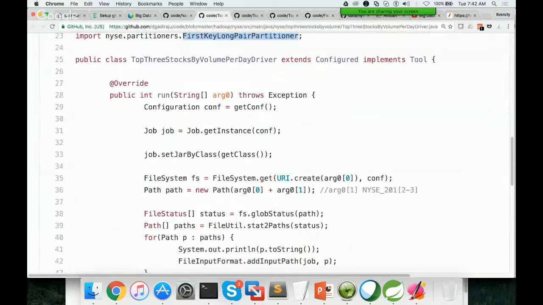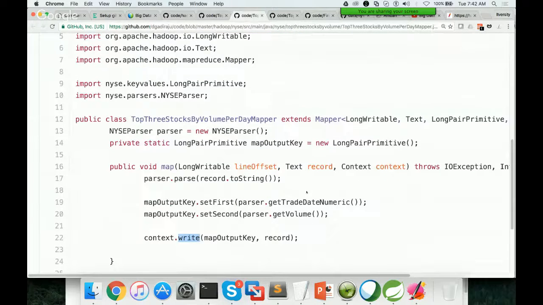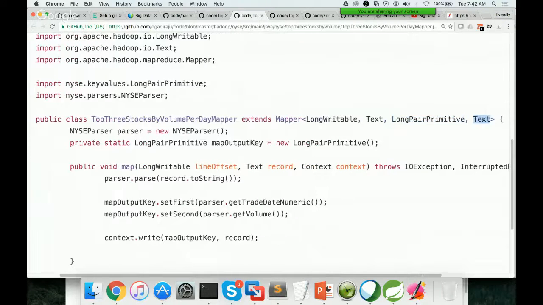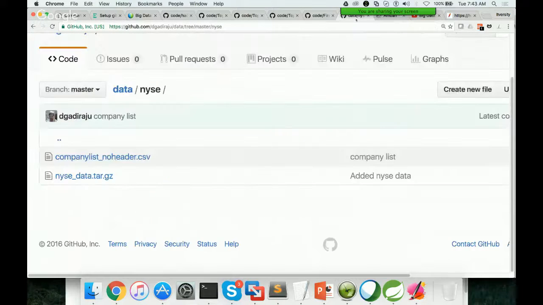you can see here the map. This is the mapper logic. Here I am using the LongPairPrimitive as the type for my output key of the map function, and the output value is of type Text. So this is of type Text, and this is of type LongPairPrimitive. For that reason, I am using the first key partitioner, which I have developed on LongPairPrimitive. So that is the logic